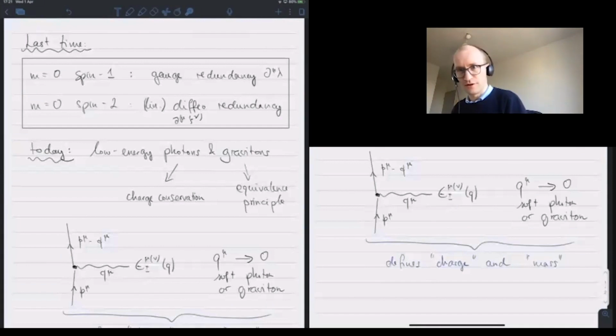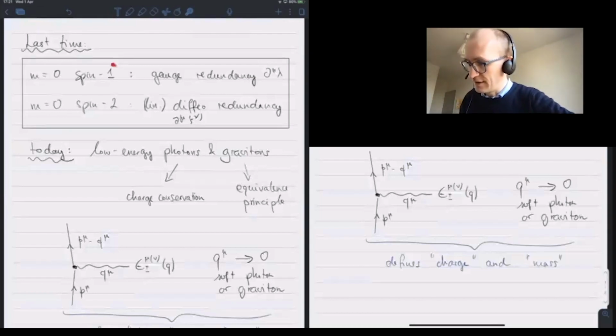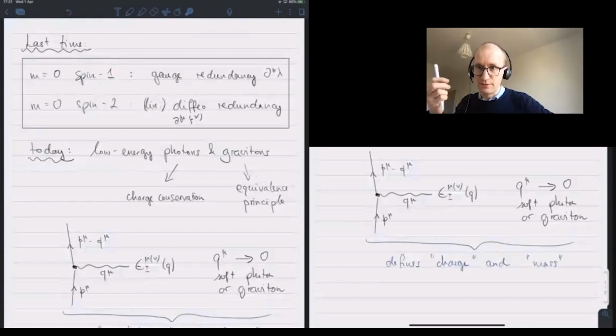The upshot of this work, which was essentially to try and find a field operator type consistent realization of massless spin 1 and spin 2 objects, was that in the case of spin 1, so the helicity +1 and helicity -1 states, what we usually call the photon, in order to maintain Lorentz covariance